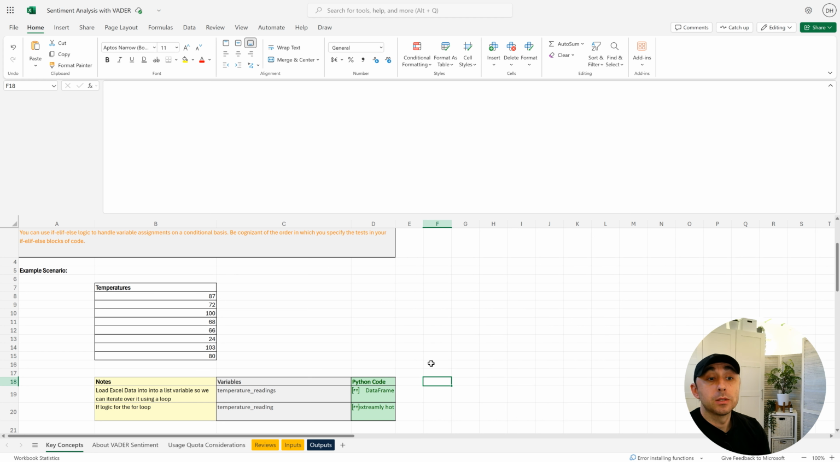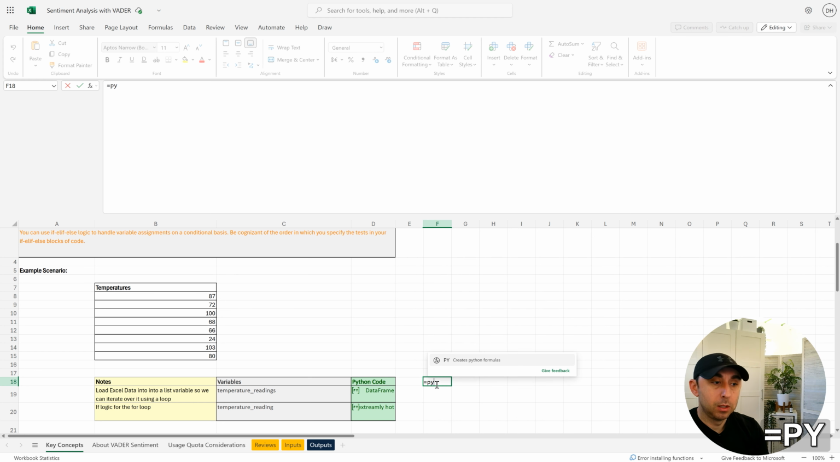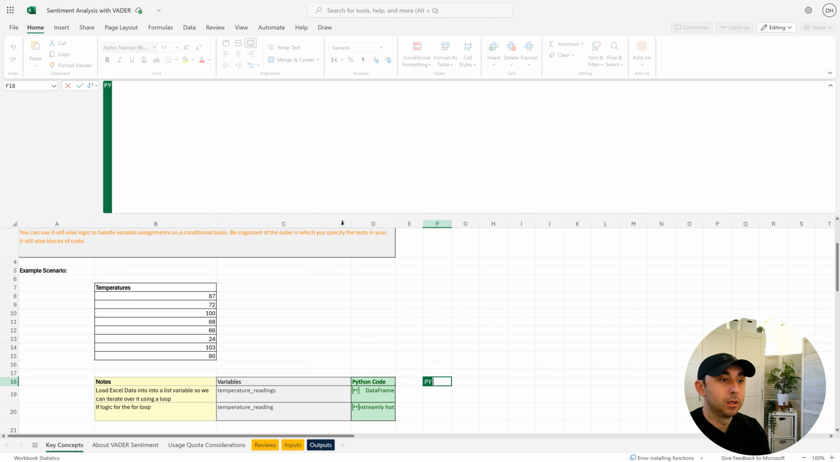So before we get started, as with most projects, we need to load the Excel data into Python as a data frame, and we do that by typing equals py tab. When you do that, you'll get this little py right here in the formula bar with a green left margin there. So you'll know you're in the Python code editor. And then you just type in a variable